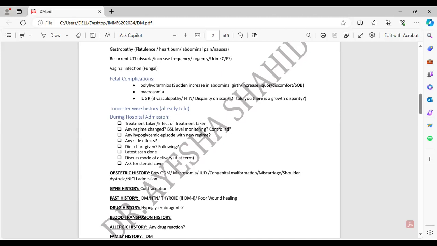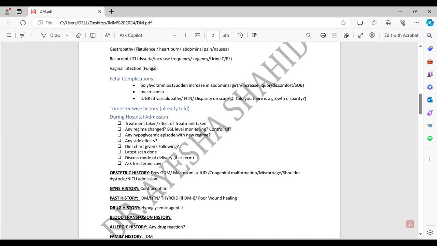Ask the patient regarding polyhydramnios and macrosomia, in terms of a sudden increase in abdominal girth and an increased amount of liquor told to the patient on the scan. Ask about any discomfort or shortness of breath to relate the category and severity of polyhydramnios. If diabetes is